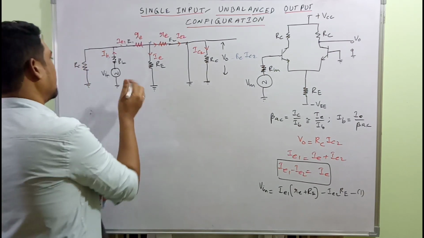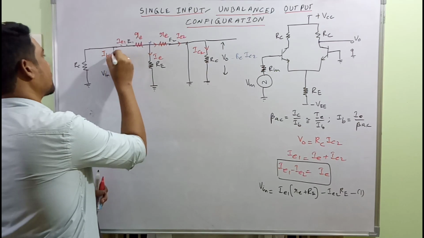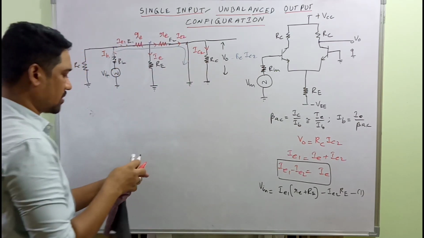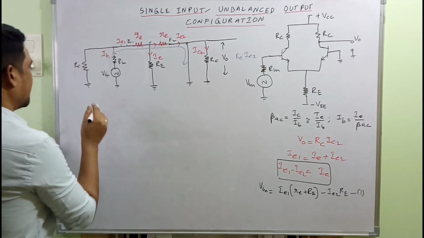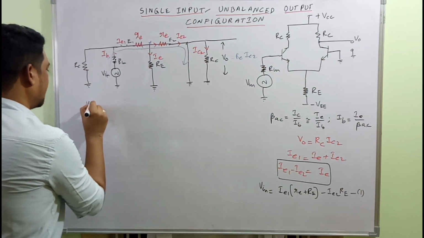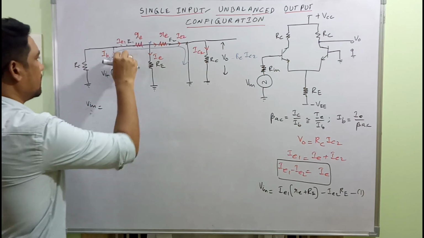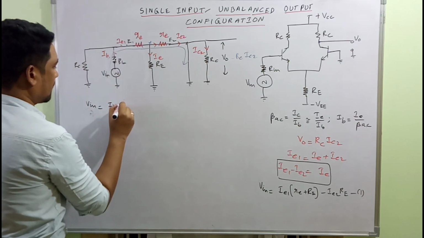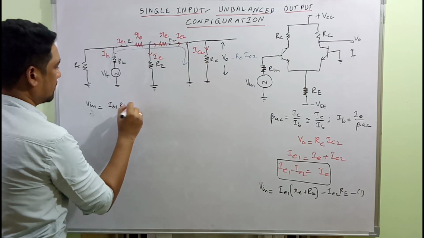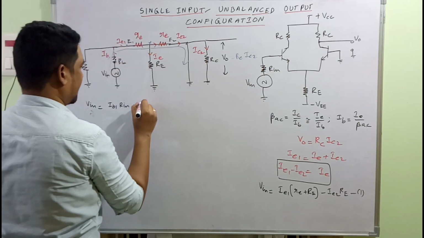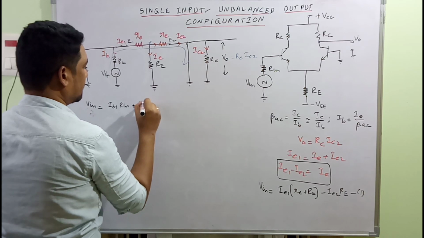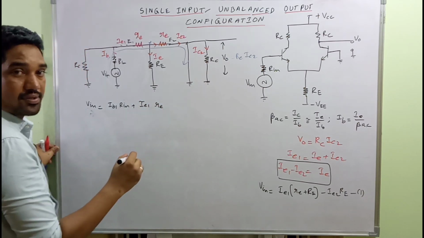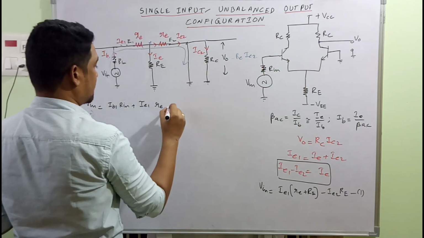Now considering the second loop, this one, which loop? Here, starting from the supply voltage V in and crossing all these here, can you see this up to this ground, this loop? So how to write that equation? It's again V in will be equal to this drop. What is this drop? IB1 Rin plus this is IE1 RE, the dynamic emitter junction resistance, plus